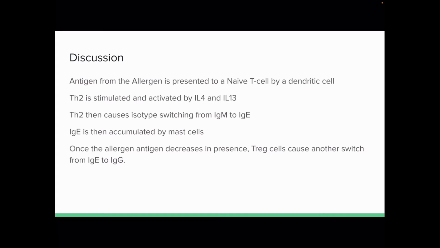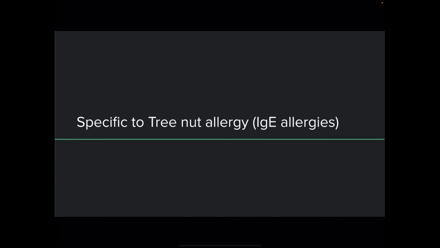To summarize, antigens from the allergen are presented to a naive T cell by a dendritic cell. Th2 is then stimulated and activated by IL-4 and IL-13. Th2 then causes an isotype switch, switching IgM to IgE. IgE is then accumulated by the mast cells, and once the allergen antigen decreases inside the cell, Treg cells cause another switch from IgE to the normally present IgG. So, now that we have the general idea out of the way, Stevie's going to go over tree nut allergies,